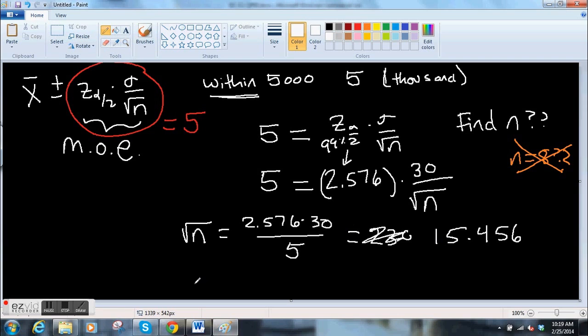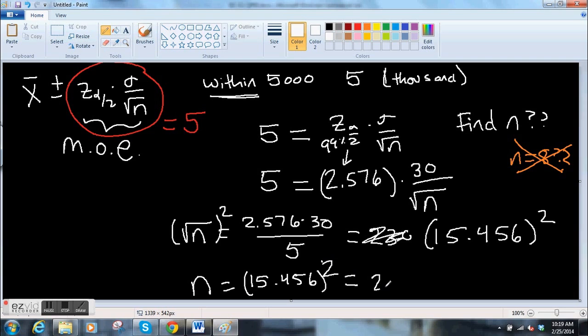So square root of n equals 15.456. We square both sides to get rid of the square root. So n is equal to 15.456 squared, which is equal to